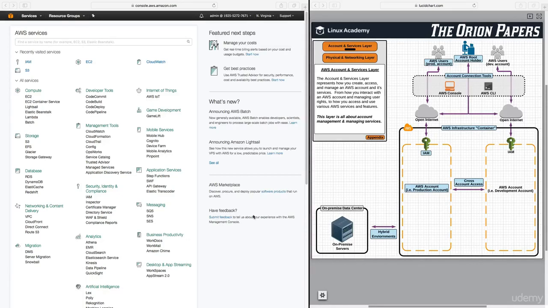So, let's talk briefly about the two main sections of the Orion papers, which are account and services layer and physical and networking layer, which I'll go into in the next lesson. So for this video, we're going to concentrate on the account and services layer, and this here is the top level of this layer. And I want to talk a little bit about what this layer means and what it